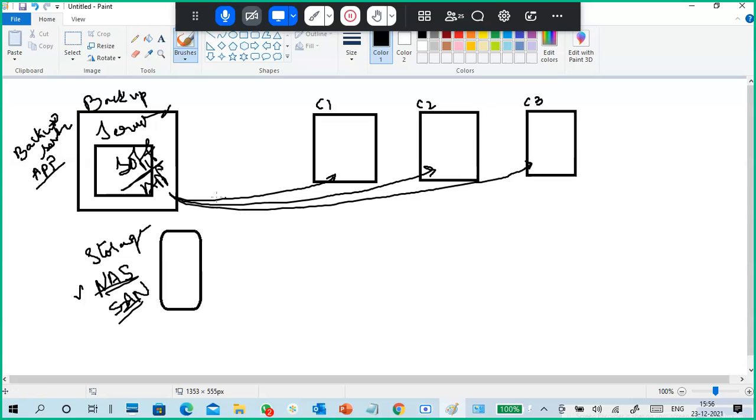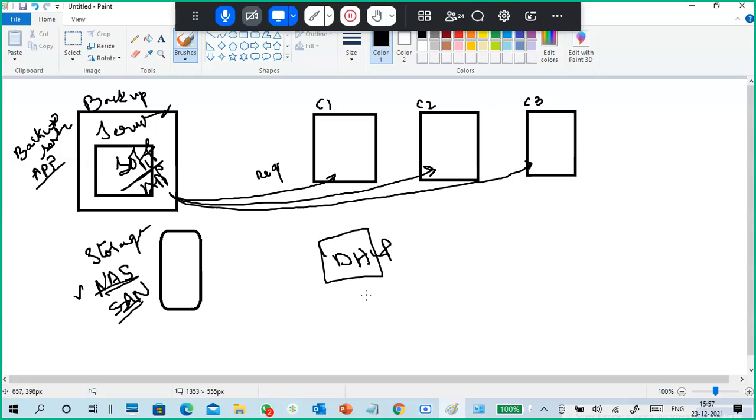I want to get data from my C1 to my server, C2 to my server, C3 to my server. But my server can send the data but not take the data, right? So that is a different thing. Either you want some information, you send a request, and then the PC will give you a response. Whether it is a server or a client, no difference. Both are computers. Now guys, simple. Try to understand.